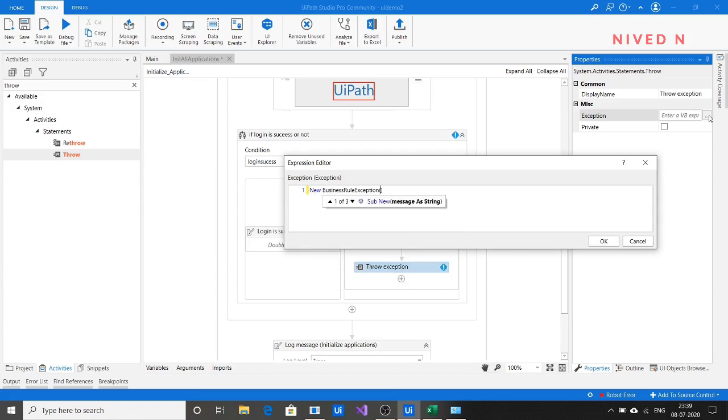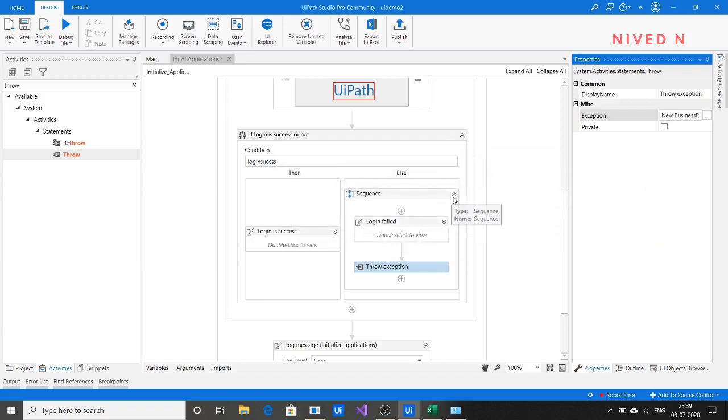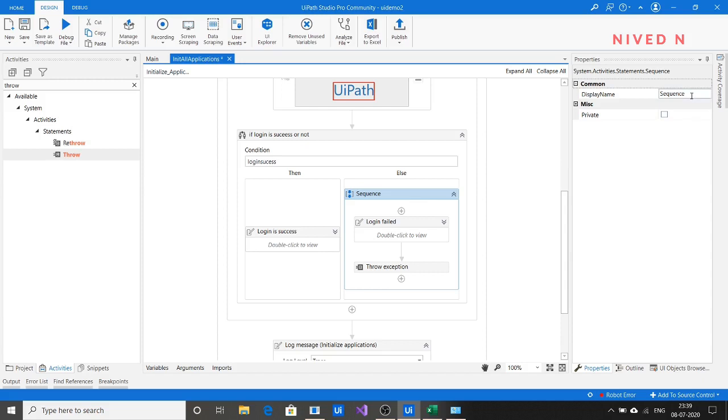For the reason, you can provide incorrect credentials, login not success.